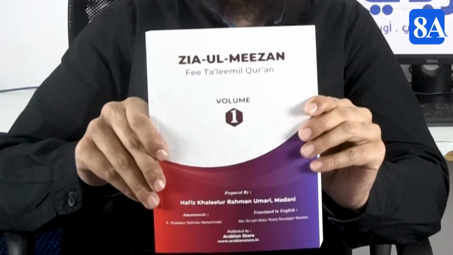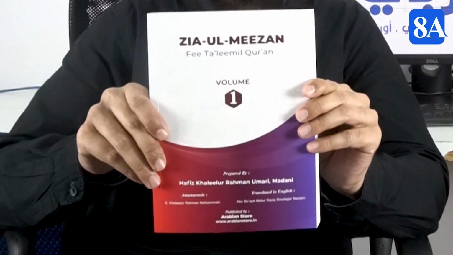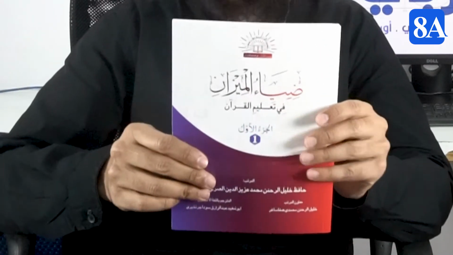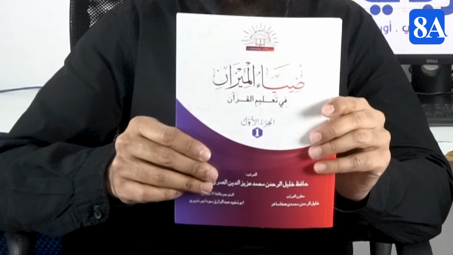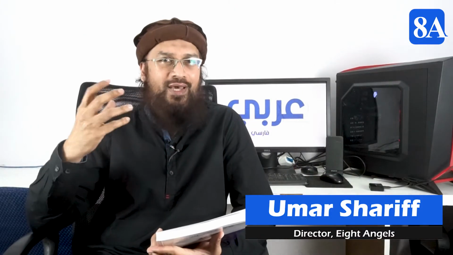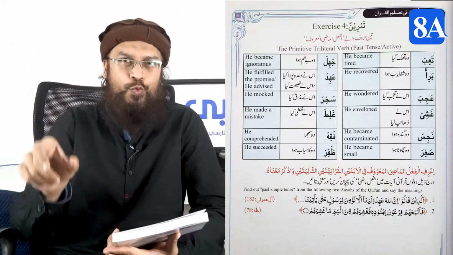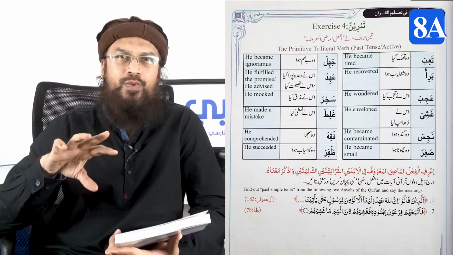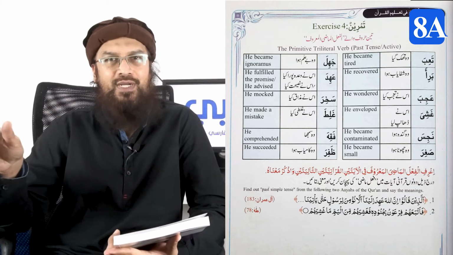This is the book I was talking to you about. It is Meezaan fi Ta'limil Qur'an. It's a book written by Sheikh Khalilur Rahman Madani, Hafidahullah, for us to learn the Arabic language with ease. The uniqueness of this book is that you have the columns in English as well as in Urdu. So a person who knows Urdu can just read the translation of that Urdu word and understand the Arabic language.